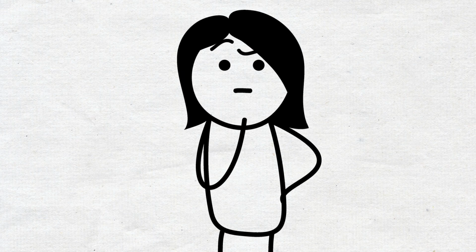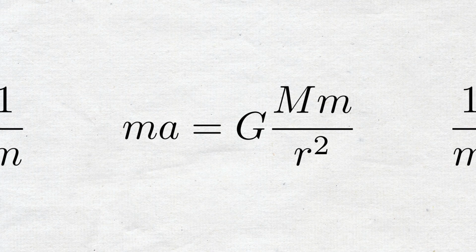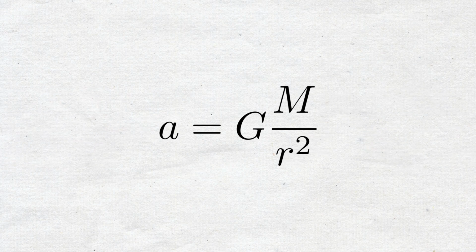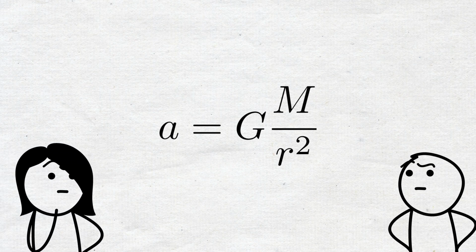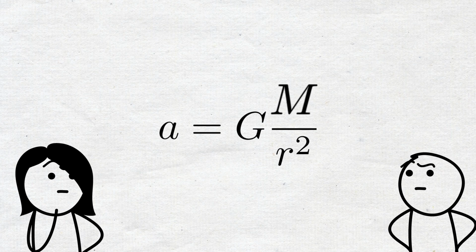We want to know why every object falls at the same time, which is, why does every one of them accelerate in the same way? To solve for a, all we have to do is divide both sides of the equation by the mass of the object to have this new equation. Do you notice something? An object's gravitational acceleration isn't dependent on its own mass. It's nowhere to be found in the equation. It only depends on the mass of the other object and its distance to its center.